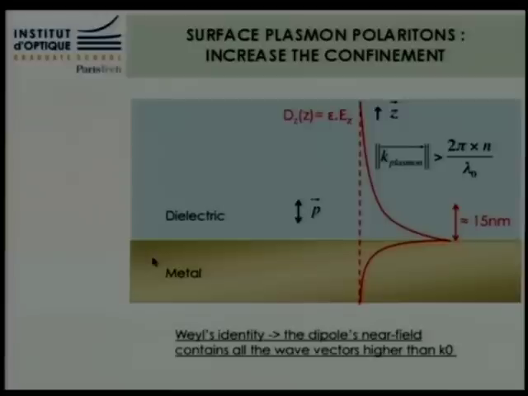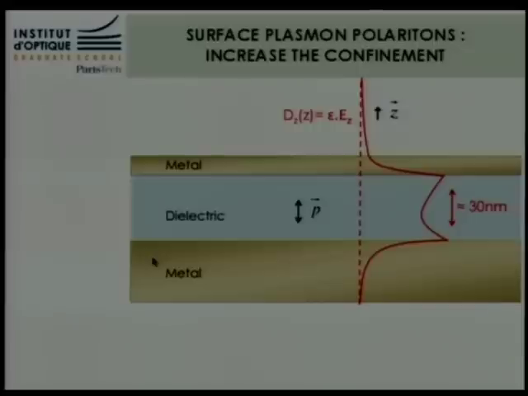The match of wave vectors can apply. So then, by putting a thin metallic layer on top of the dielectric layer, one can create a highly subwavelength cavity. And furthermore, the usual quality factor of plasmonic cavities is on the order of 10, which provides broadband